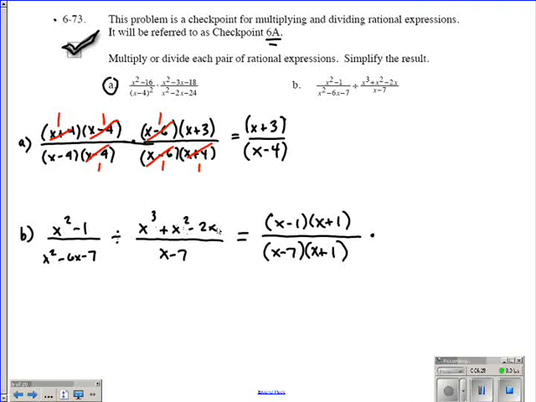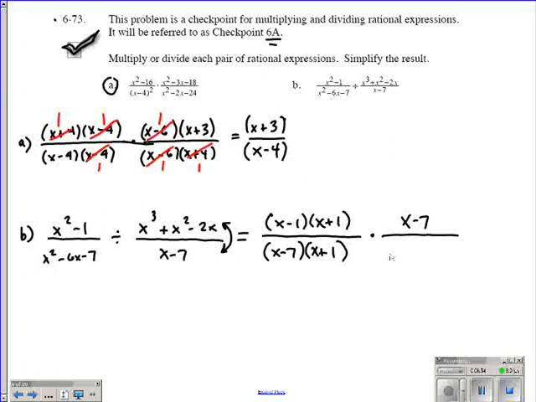On the other side here, I'm going to multiply by the reciprocal of this. So I'm going to go ahead and factor it while I'm doing it, but be careful if you do this. A lot of times people lose track of what they're doing and they forget to flip it. So the first one, x minus 7, that's easy. That doesn't change. But this one here, when we do it, first of all, we're going to factor out an